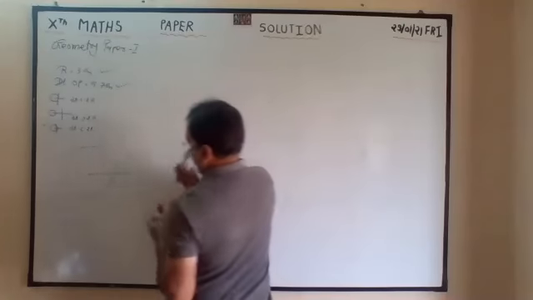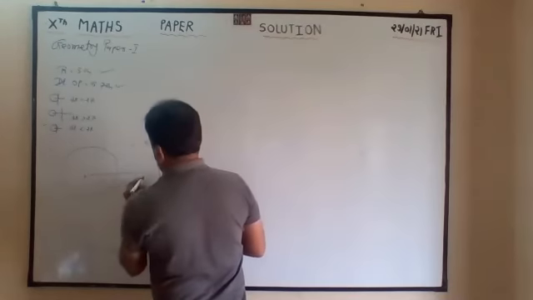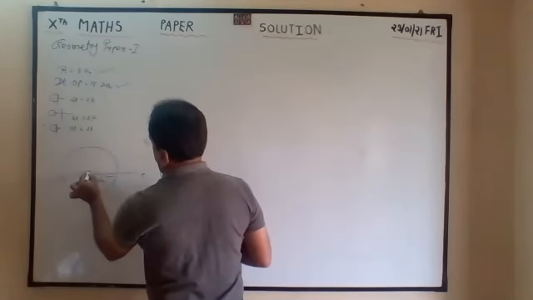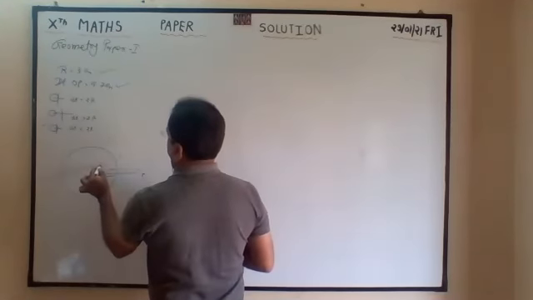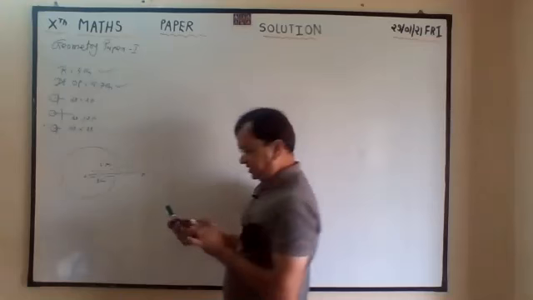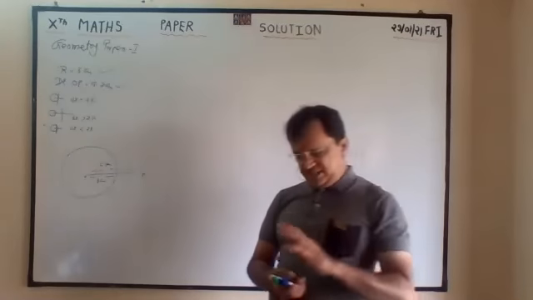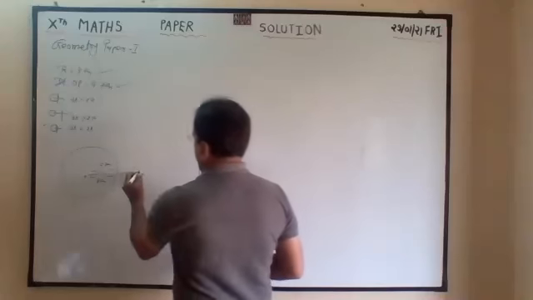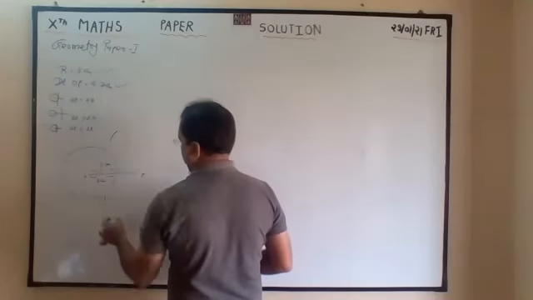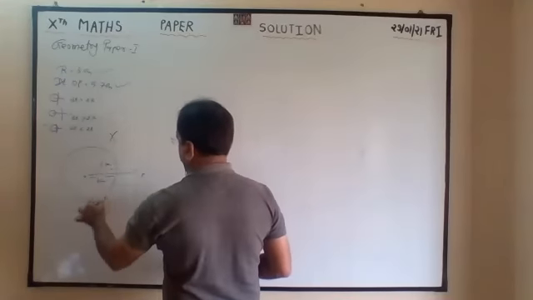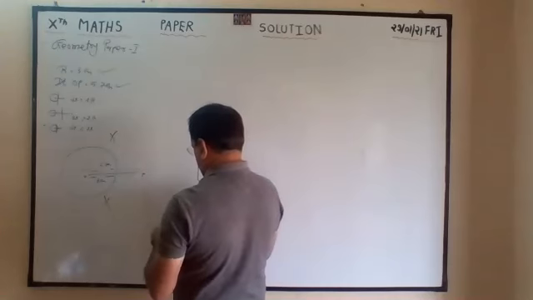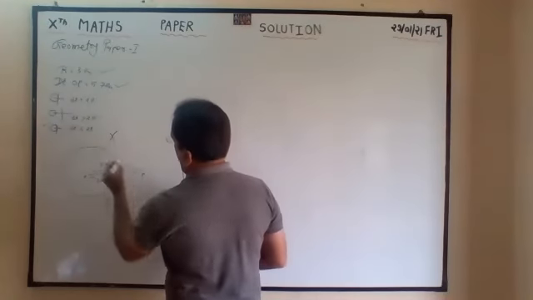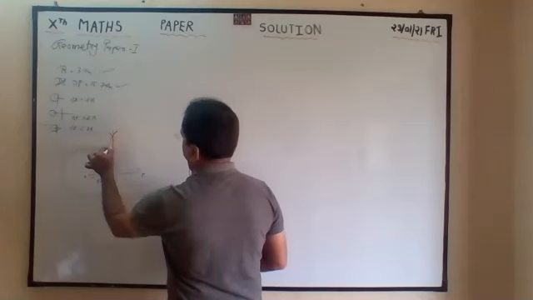This is the O, this is P, this much is 3 centimeter, this much is 5.7 centimeter, less than double. Now from both the ends we have to mark more than half, more than half, more than half. So your perpendicular bisector of that OP will come inside.